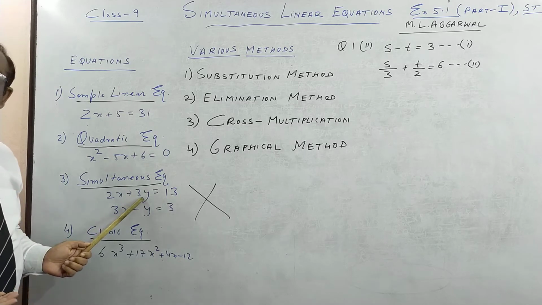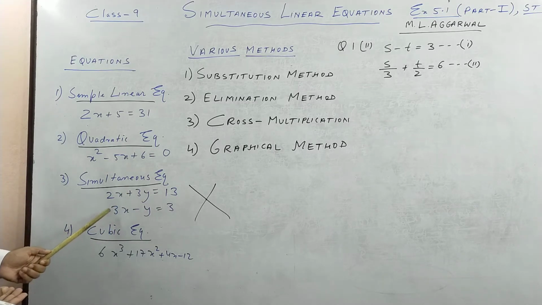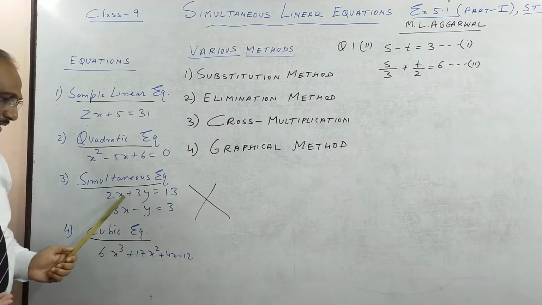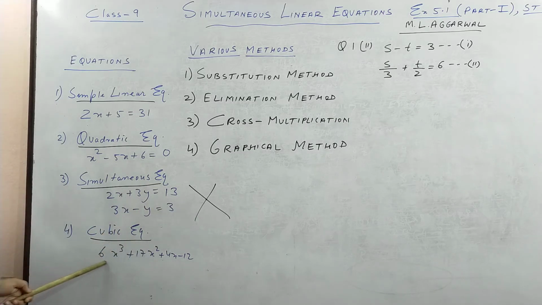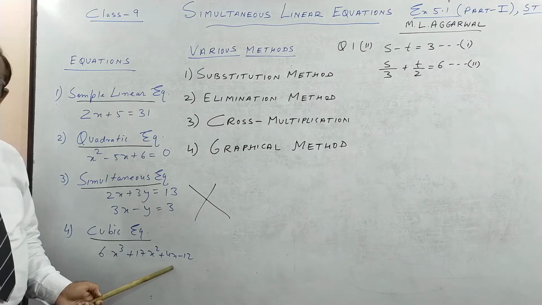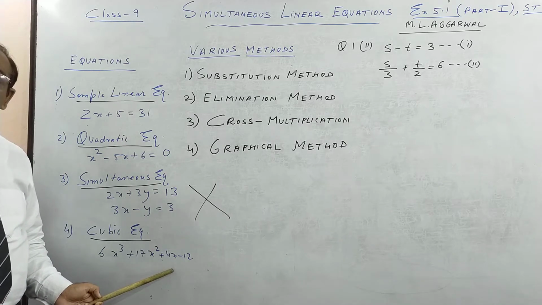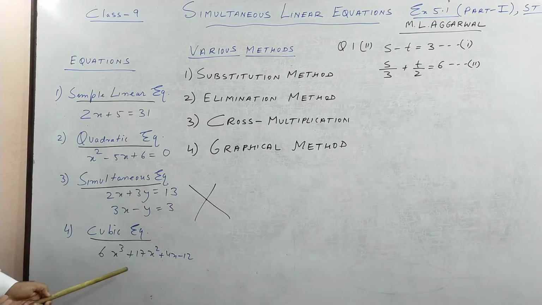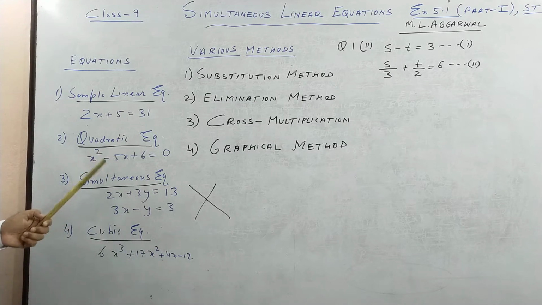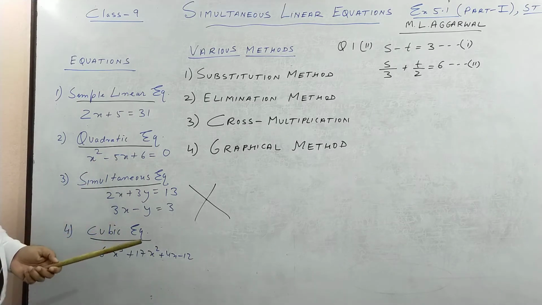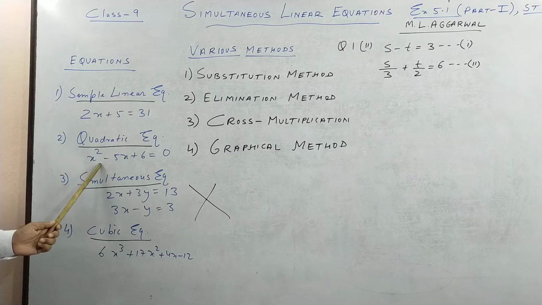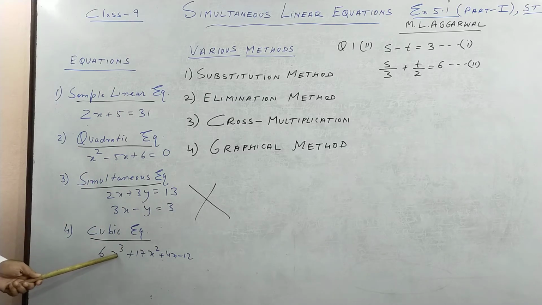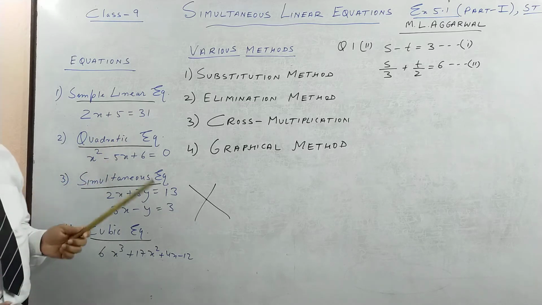Simultaneous equation has two variables and we solve for x and y, and if you put x and y, left side will be equal to right side. Cubic equation has 3 answers. So what I was telling you, in class 10 you have remainder and factor theorem, which is also called factorization, we will see. So after quadratic there is biquadratic, x to the power 4, 4 answers. x and y, x square 2 answers, cubic x cube 3 answers, simple linear equation 1 answer.